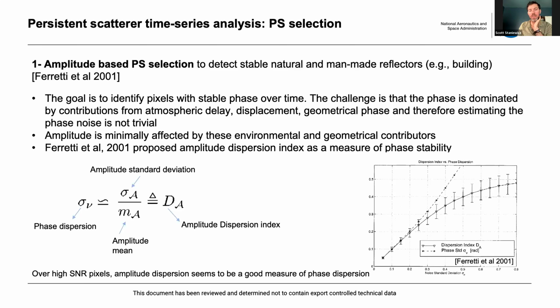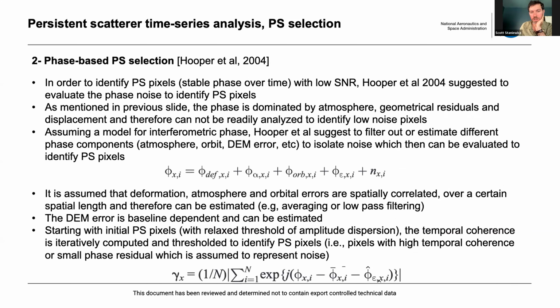People started to apply this to other areas that were more vegetated or just sparser buildings, and they found it didn't have very high density. So people started to use the phase to select more pixels that were pretty good, but harder to pick out from just amplitude. And this is a lot of text here, so I'm mostly going to skim over these various